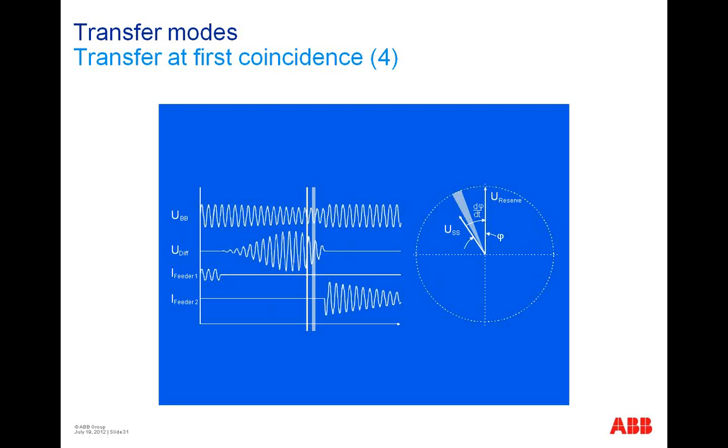Now I step back a little bit. During the commissioning of such a device, the breaker time for opening and closing will be measured exactly. That means not from the auxiliary relay in the breakers. It will be measured by the current, from when we send the command from this device to the breaker up to the time the breaker really physically opens. And then we know exactly, and the device also knows exactly, how long the breaker needs to close or to open. And we need it for this transfer mode, because